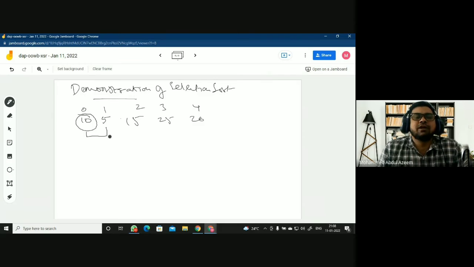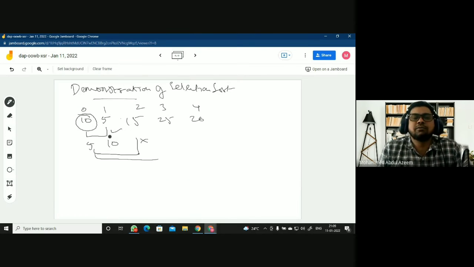So when I compare 10 with 5, yes, my element is found to be greater, so I'll make an exchange: 5, 10, 15, here I'll get 10, right? Then I'll be comparing with the next element from the rest, right? If I find my position is not greater, I don't make an exchange, right?